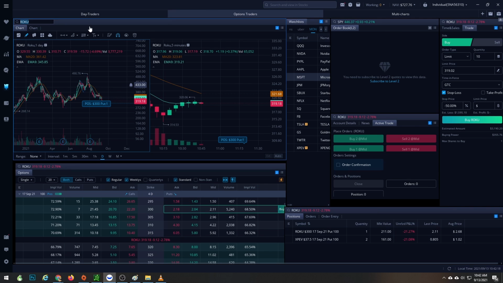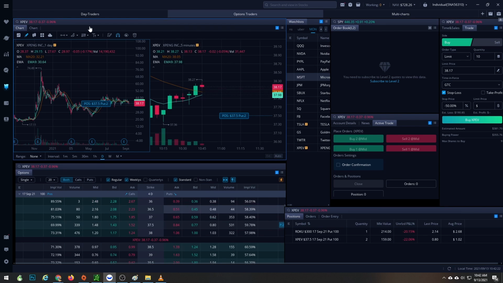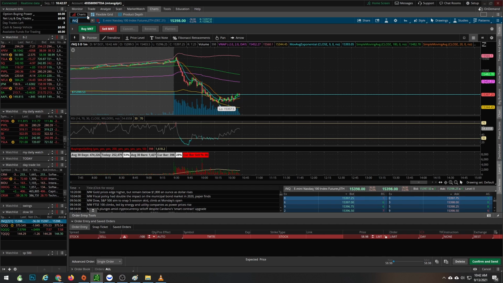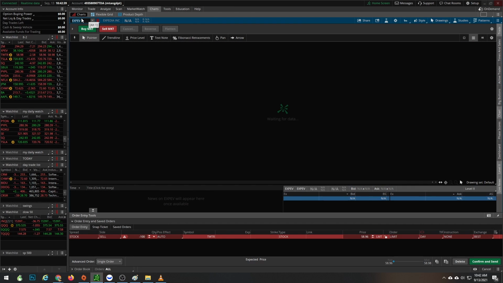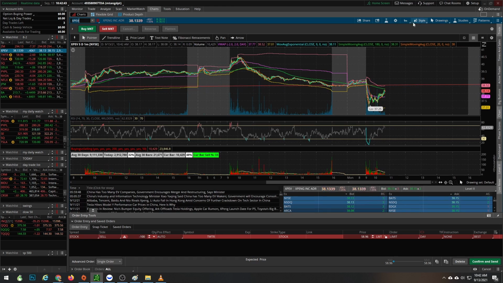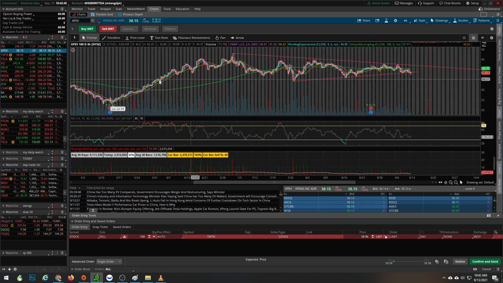And then XPEV is a Chinese company. I was reading some news earlier today, and they were suggesting that there was potential for a conglomeration to go downwards on them. So right now there's a lot of indecision. I think based on the technical patterns that I've drawn on my other chart, give me a second, let me show you, XPEV, that it can continue to go down. I have the lines drawn here.